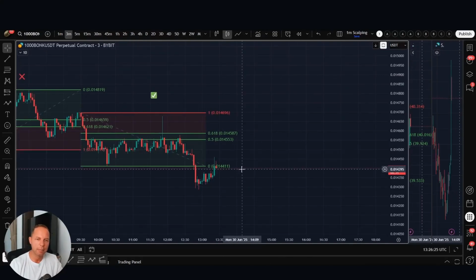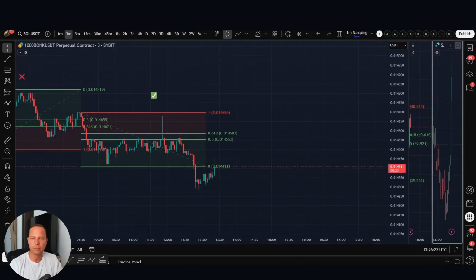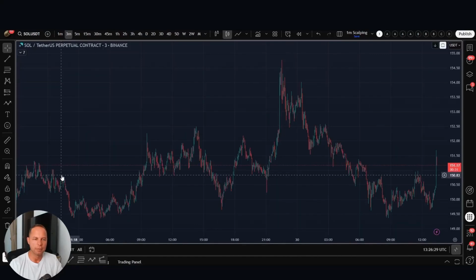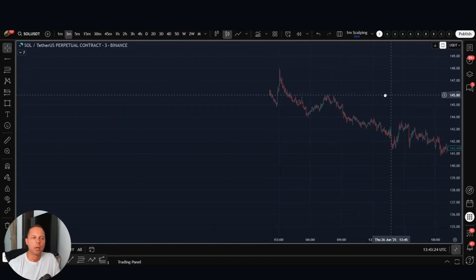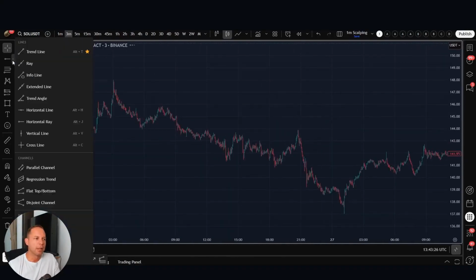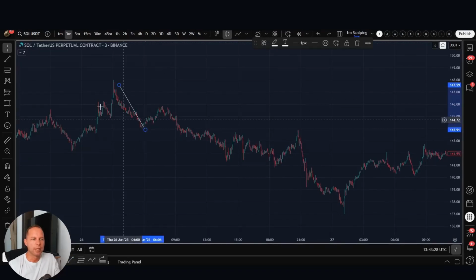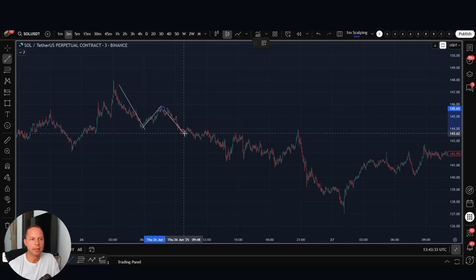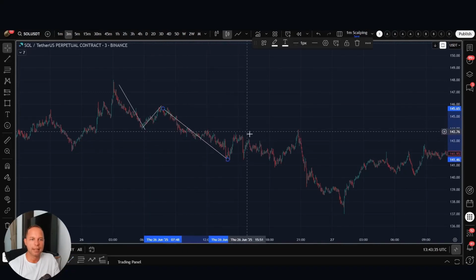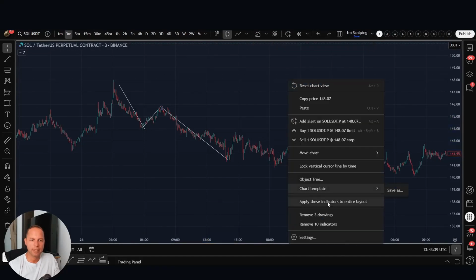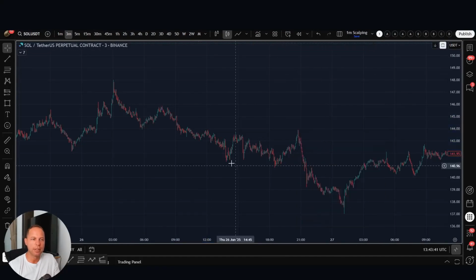But how do you actually apply this in detail? We're going to use Solana as a small example for this now. The good thing is, if you do all of this in scalping mode, you have an incredible number of opportunities to trade these small trends here. Here you have a small downtrend, a small uptrend, then another downtrend here that even lasted longer, and that's over the entire period. Because every little movement that Solana makes, or any coin you use for this, can be used